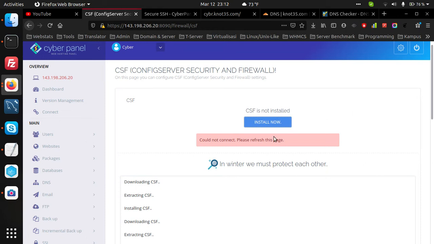Or if you are facing this problem, you can install via the command line interface.